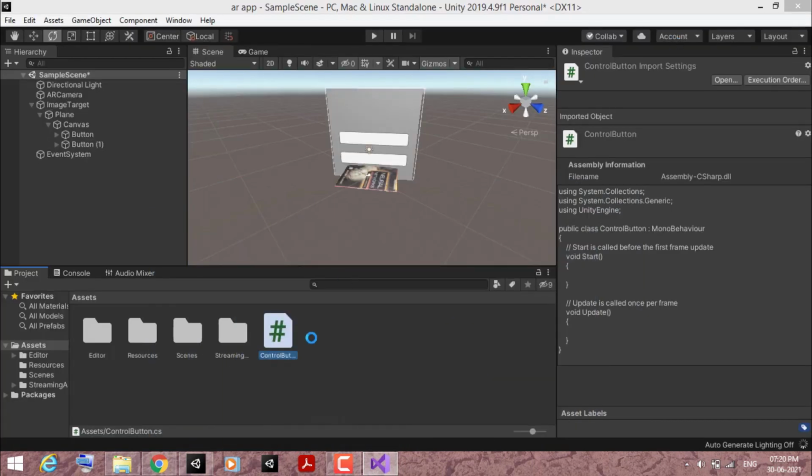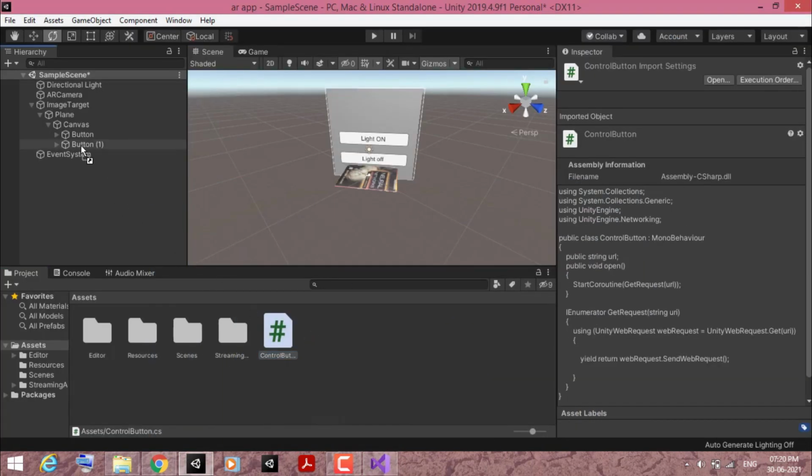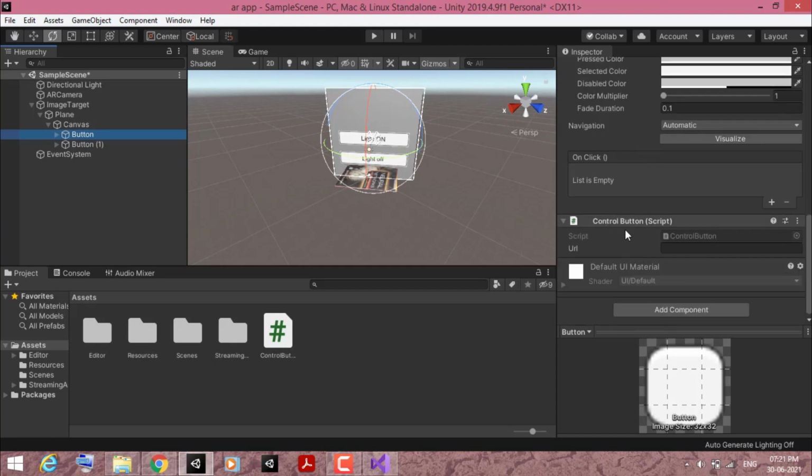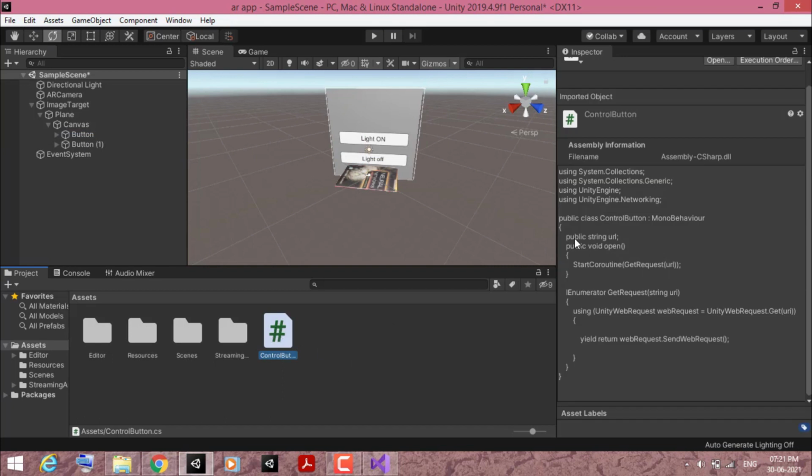Now I select this script and drag it onto a button, and again drag it onto the second button. If I click on a button, go inside the inspector panel and scroll down, you will see the ControlButton script has appeared here, and it says URL. If you remember, in the script we wrote public string URL.